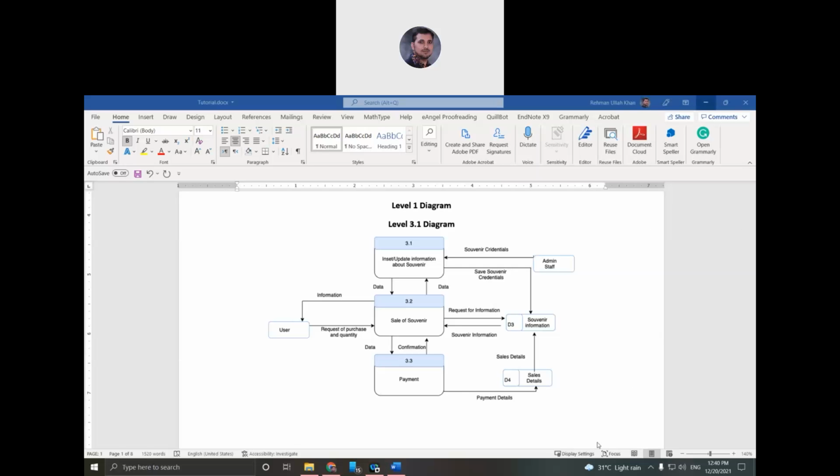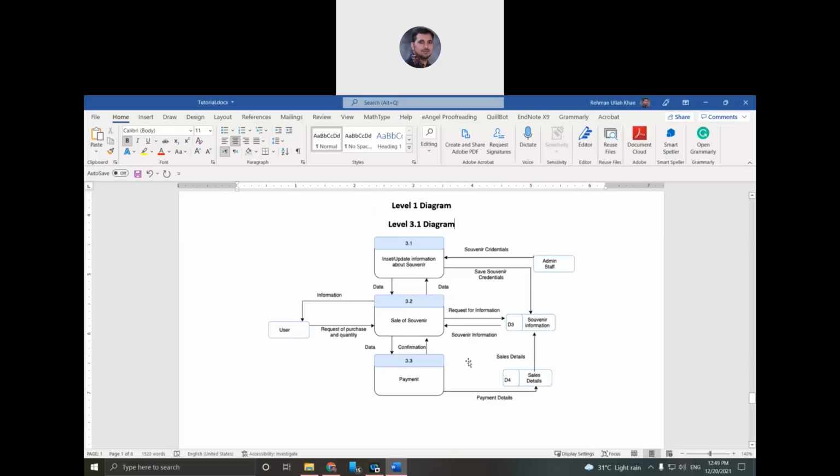Okay, what we need to provide is the payment connection, meaning that there should be a payment procedure where the user clicks the pay button, and then the system will redirect the user to the payment process, and once that is done, it will come back to the system. Like in an online purchasing system, we can see this as a common process. Okay, so let's go to the next level.